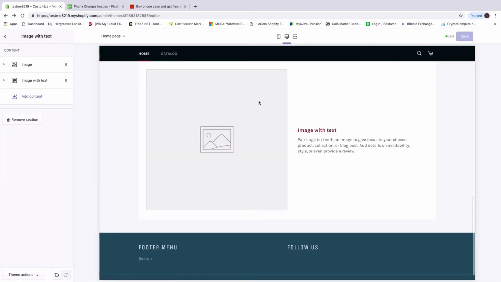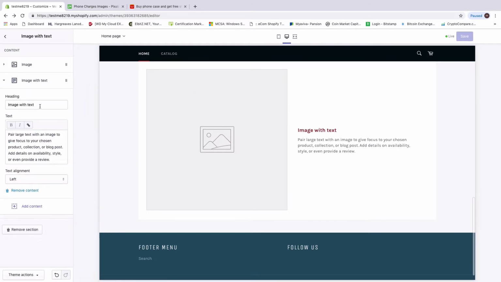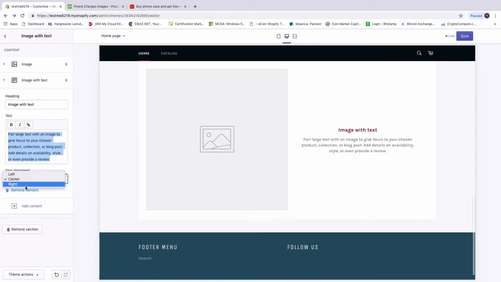So if you click on there, up here what you could do is all your best selling products, you could pull up an image of them up here, and you could give a brief description of the product. So if they're best sellers, you could showcase it more in this section. So if I click on there, you could give that a title, say best selling product or something, and then you could give a bit of description about your product, why it's a bestseller, and you could center the text or put it on the right or left. I'm just gonna leave this as is for now. And then